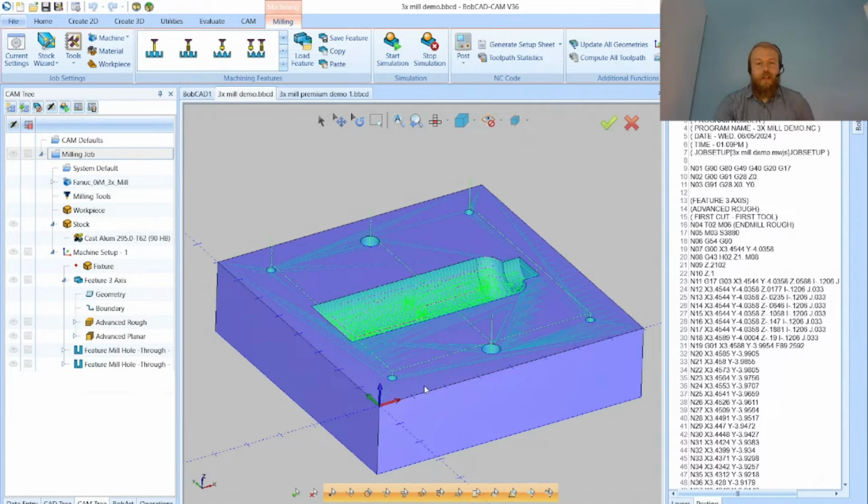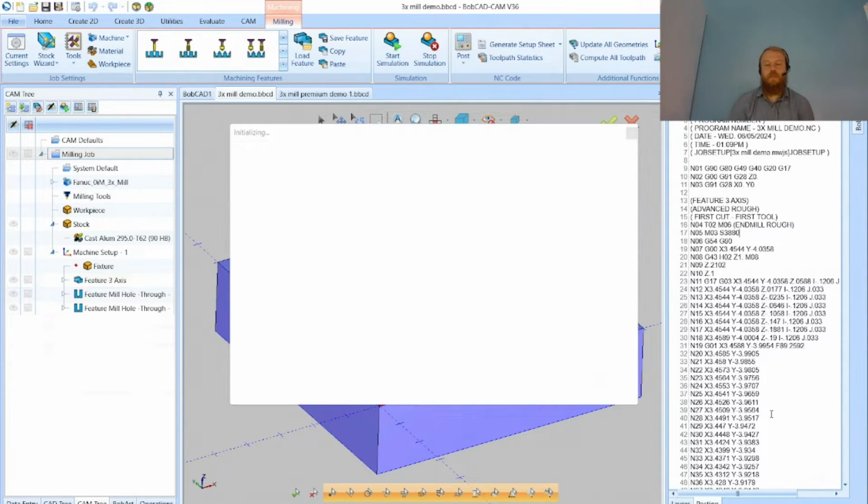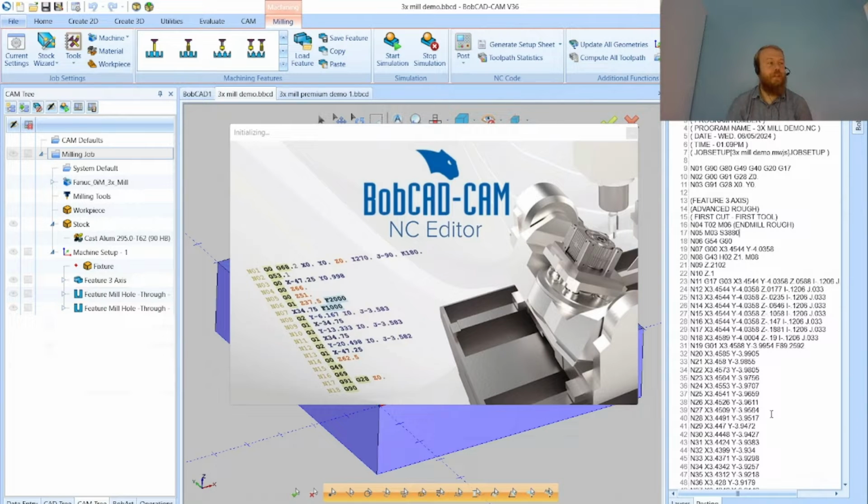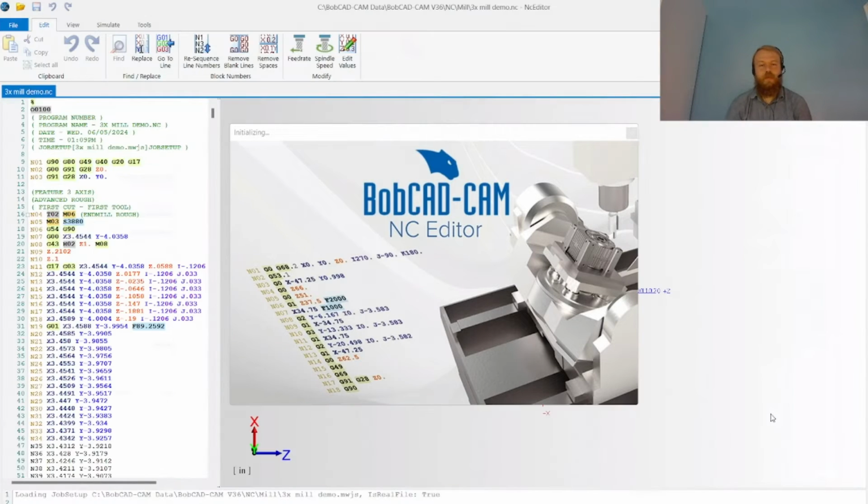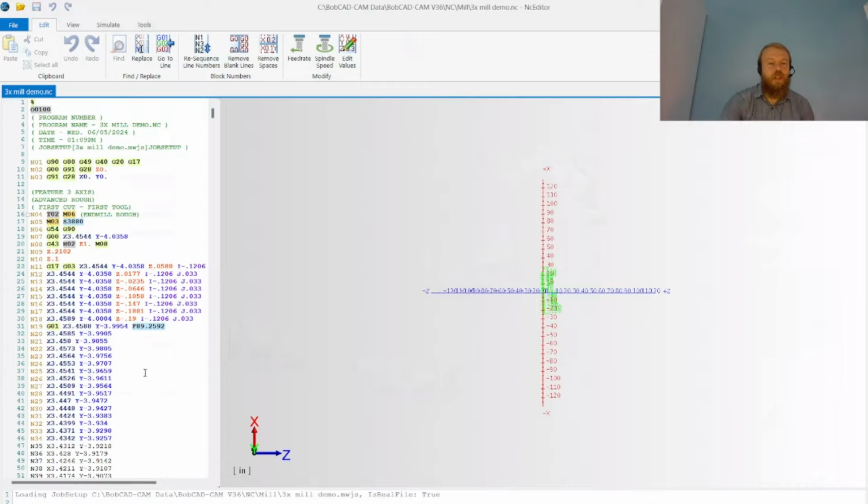So again, we've got this part file, we've got the 3-axis milling and drilling operations, the G-code here in this posting window on the right-hand side. I'll right-click, go to NC Editor. It'll open up that page again. And we've got our G-code here. We can do everything that I went over so far with the NC Editor Standard, and the addition to the